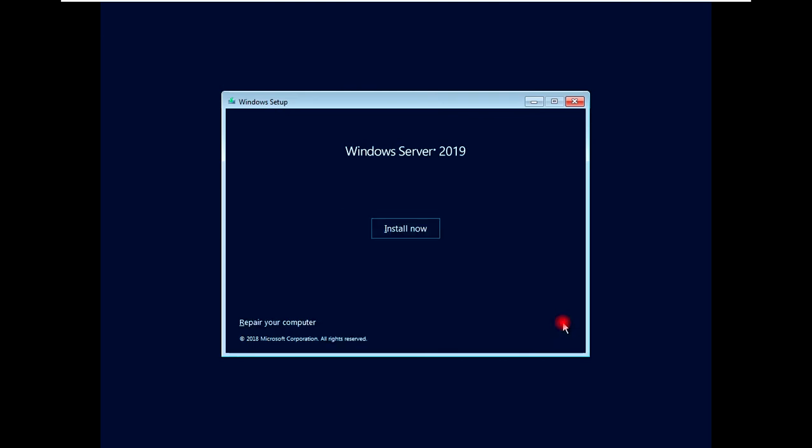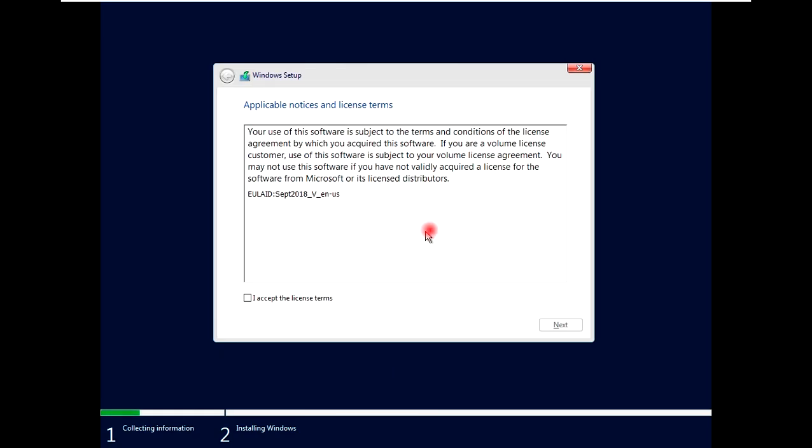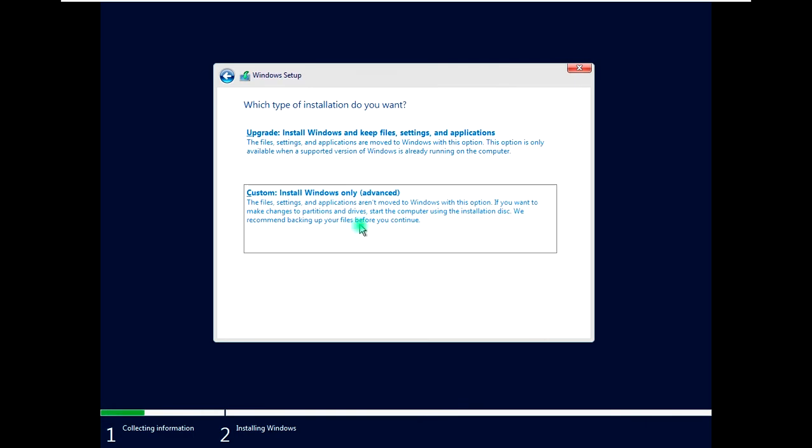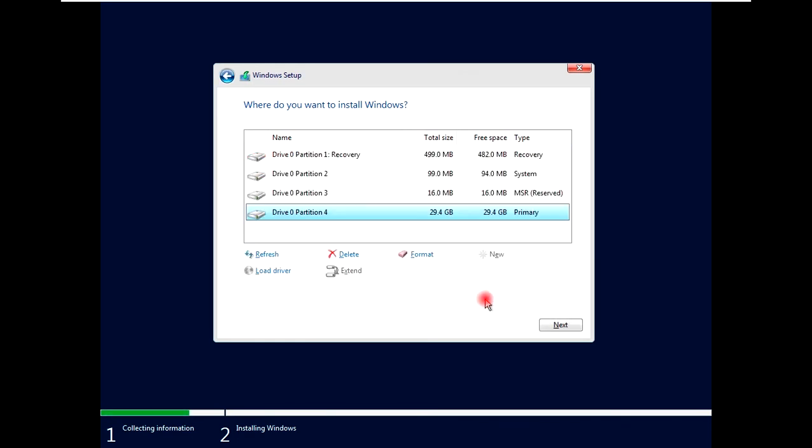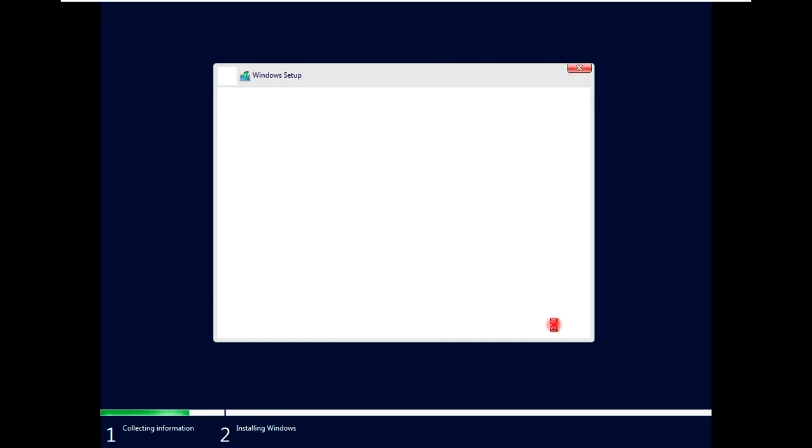Next, install now. I accept. Next, custom, new, apply, OK. Next. Operating system installation from the connected ISO has started.